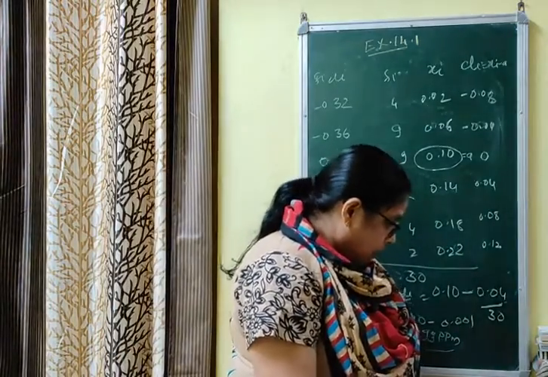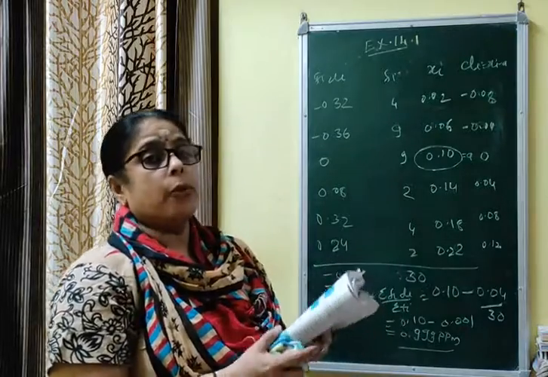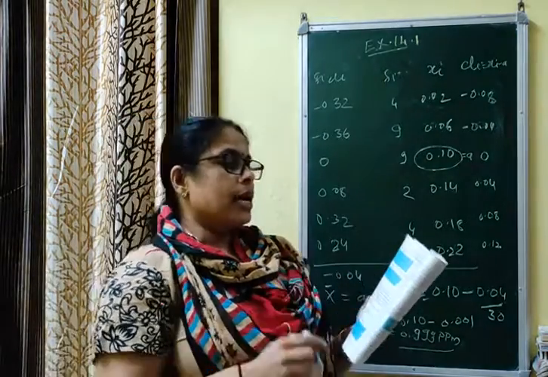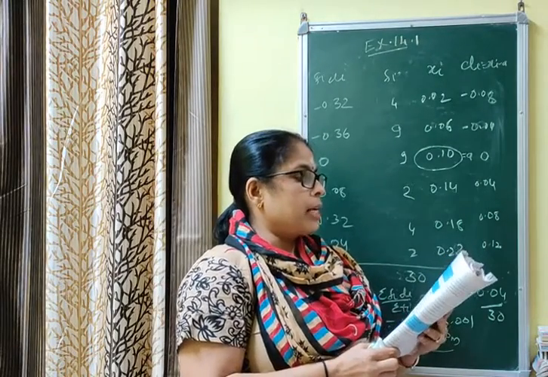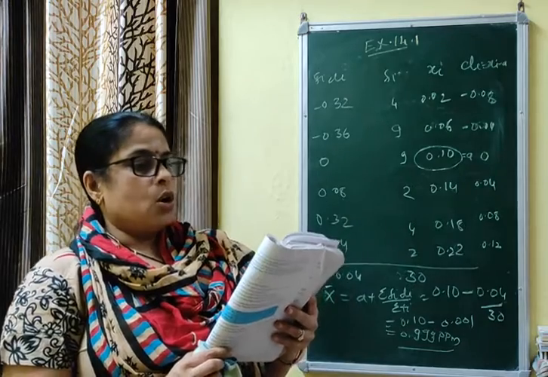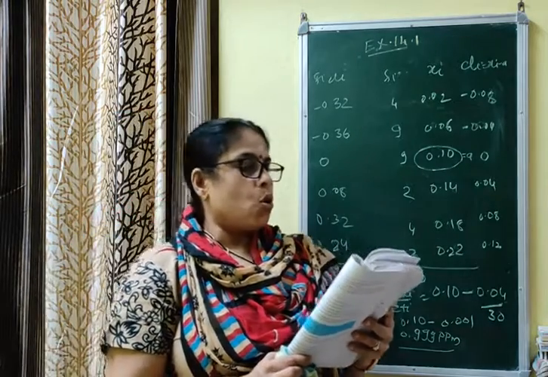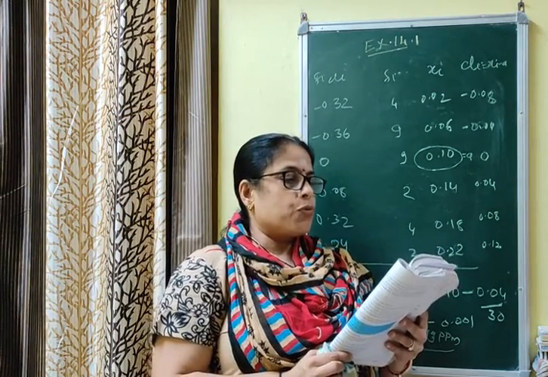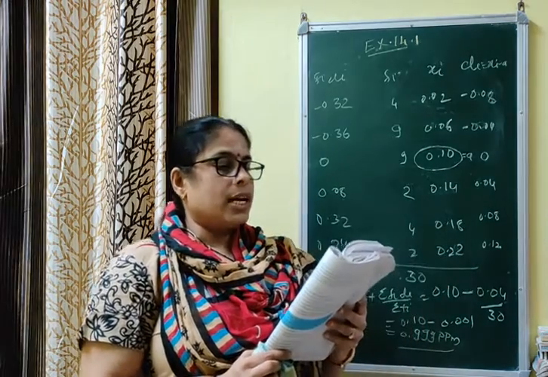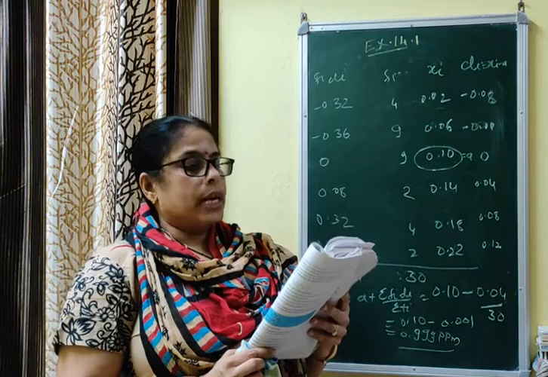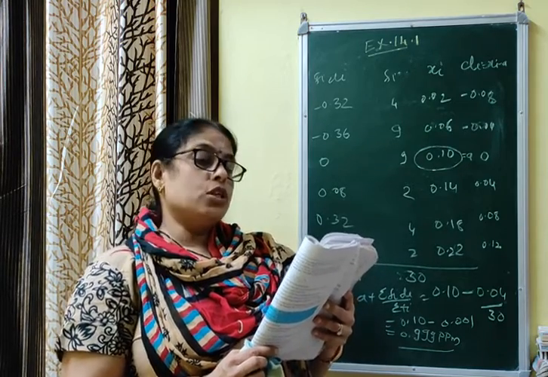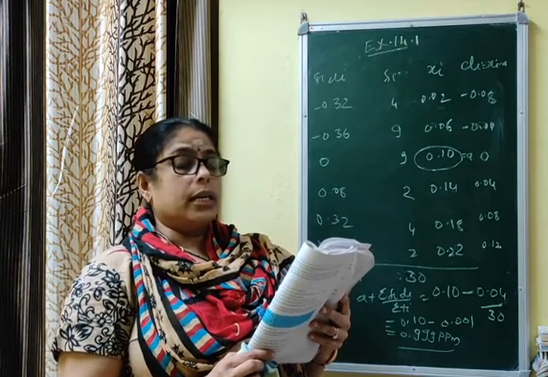And see, question number 8. You just open your NCERT book whenever you see the video. In question number 8, I am reading: A class teacher has the following absentee record of 40 students in a class for the whole term. Find the mean number of days a student was absent. The class intervals are given as 0 to 6, 6 to 10, 10 to 14, 14 to 20, 20 to 28, 28 to 38, 38 to 40.